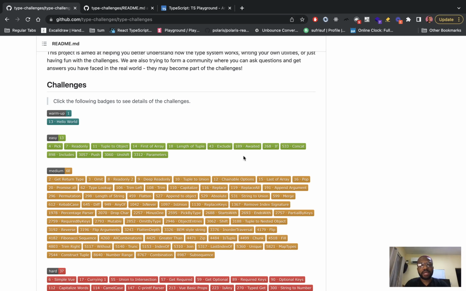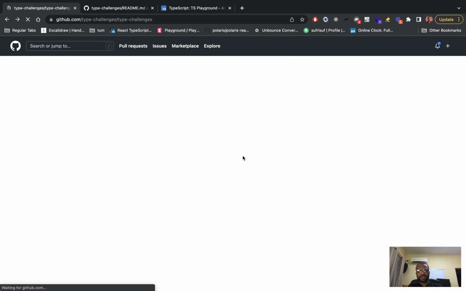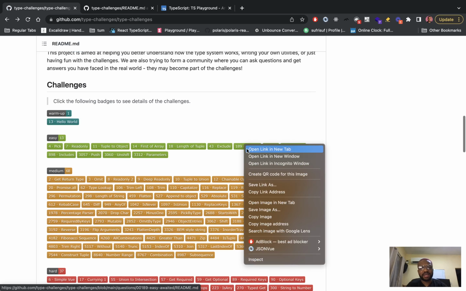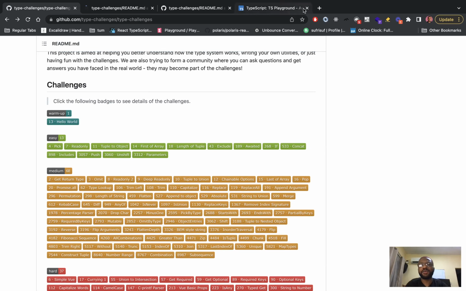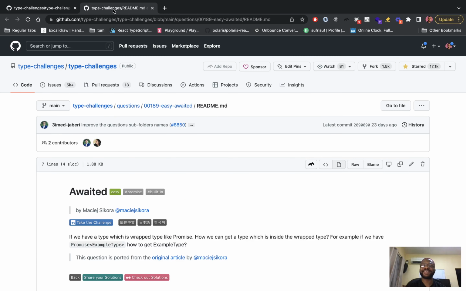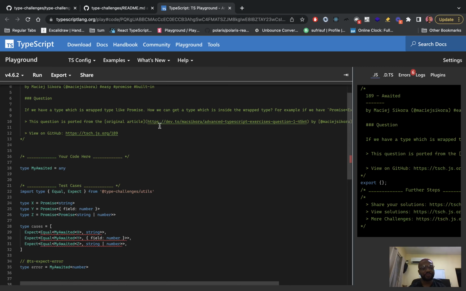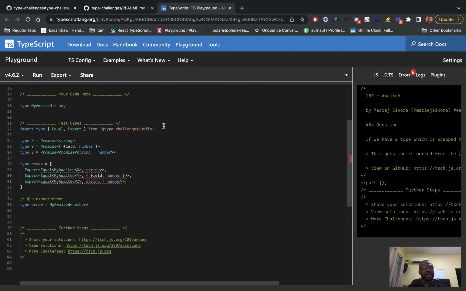The next challenge being awaited. Ooh, I loved awaited. Awaited was, I think, the first and only thing in the easy grade challenges that involved using recursion. I loved it because I struggled so much with it. I struggled with it so much, but it was one of those things where I was close. The logic was close, but the implementation just wasn't there. So awaited says, if you have,